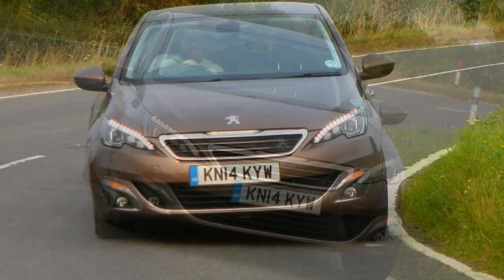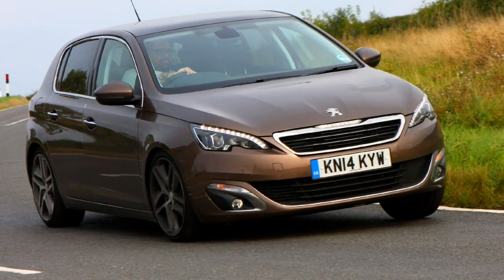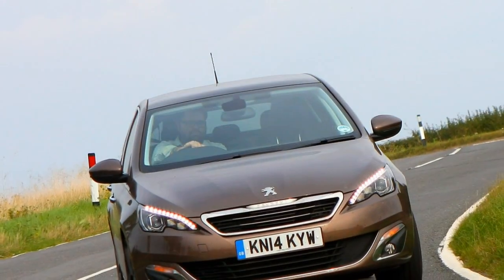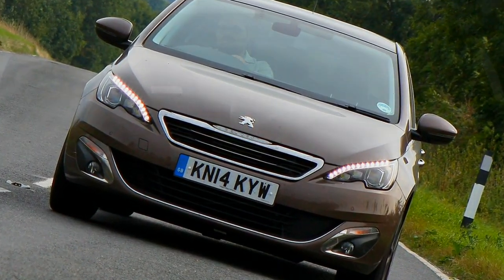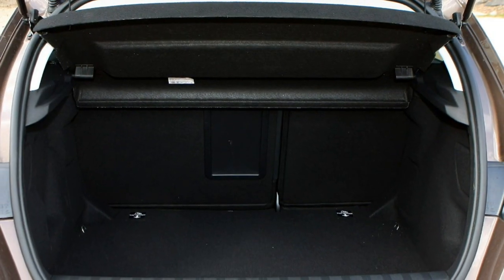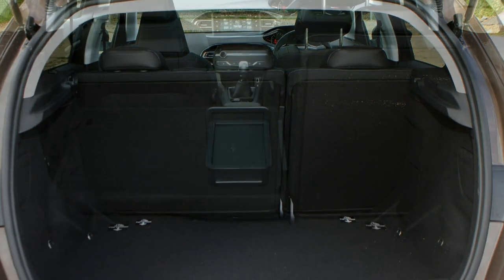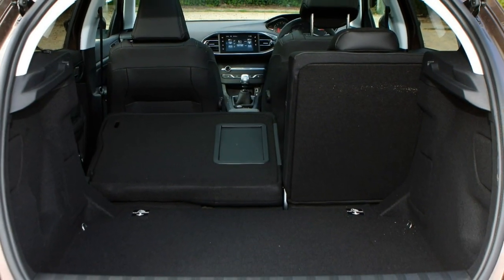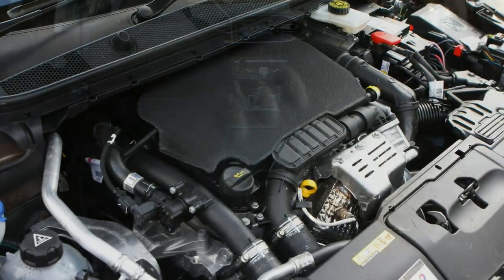The entry-level PureTech 110 version has 110 horsepower, 205 Nm of torque and a manual gearbox, producing 11.1 seconds from 0 to 62 miles per hour and a top speed of 117 miles per hour. It works well in the 208 but feels a little stretched in the larger 308, although it offers almost diesel-like running costs